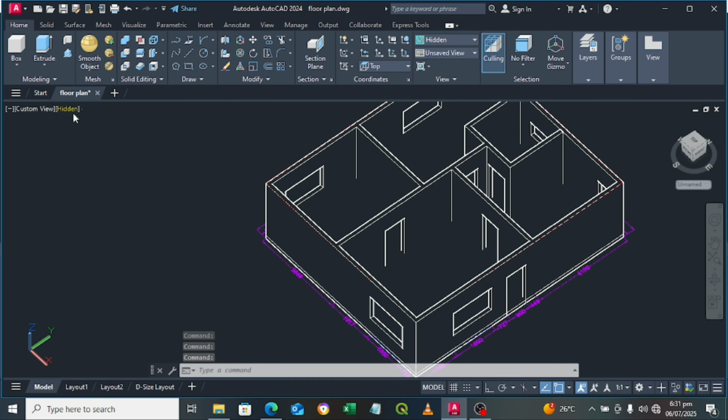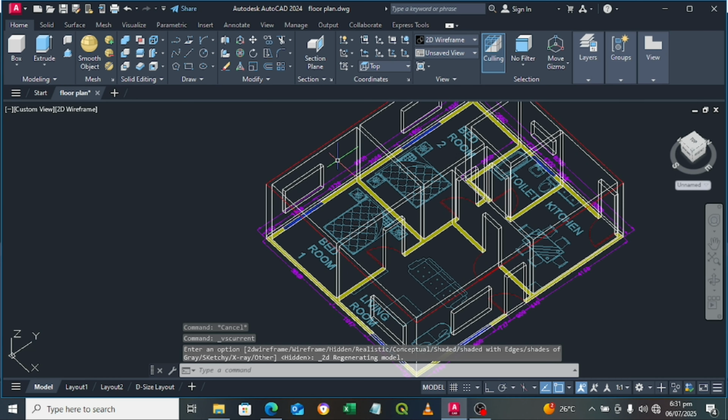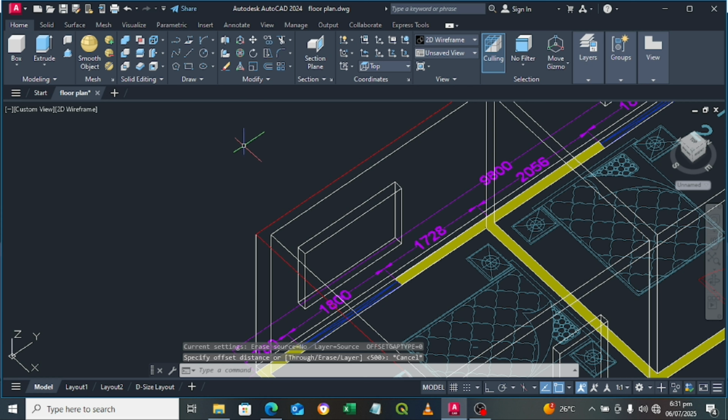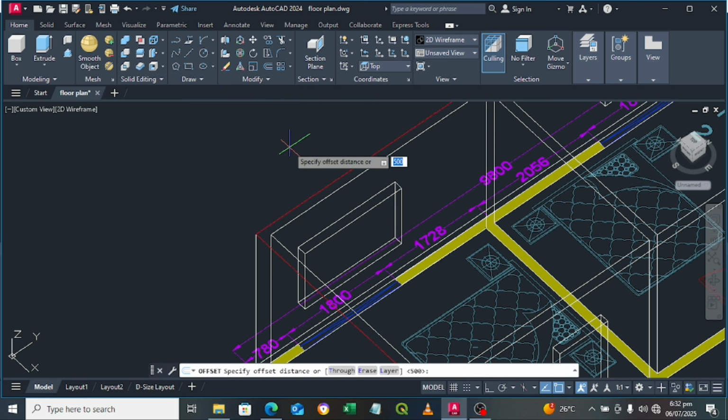Okay, let's change from hidden to 2D wire, then offset, then let's offset at a distance of 500. Let's enter,